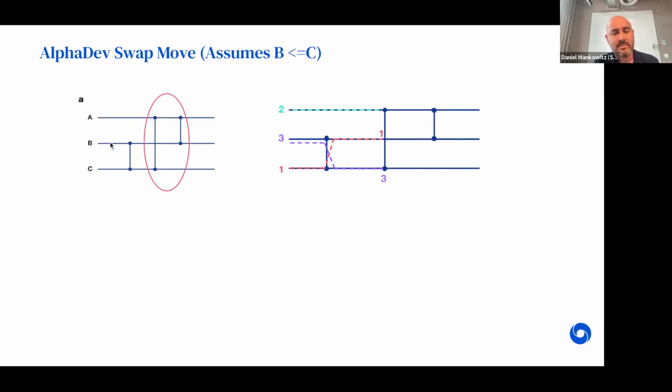And you have 3 wires, A, B, and C. Now, the idea is that if you have the structure where there's a comparator between wires B and C, for example, then you can assume after that comparator that whatever values are in B and C are already sorted. So let's look at an example on the right. So if we have 2, 3, and 1, when 3 is on wire B, 1 is on wire C, when they go through that comparator, we know that the numbers on wires B and C are sorted. And then if you have comparators that follow this structure going forward,